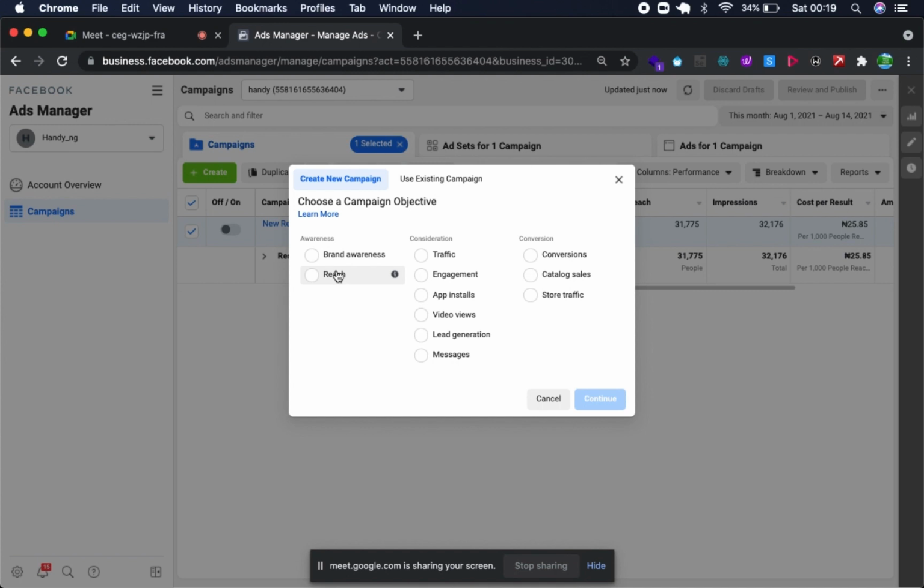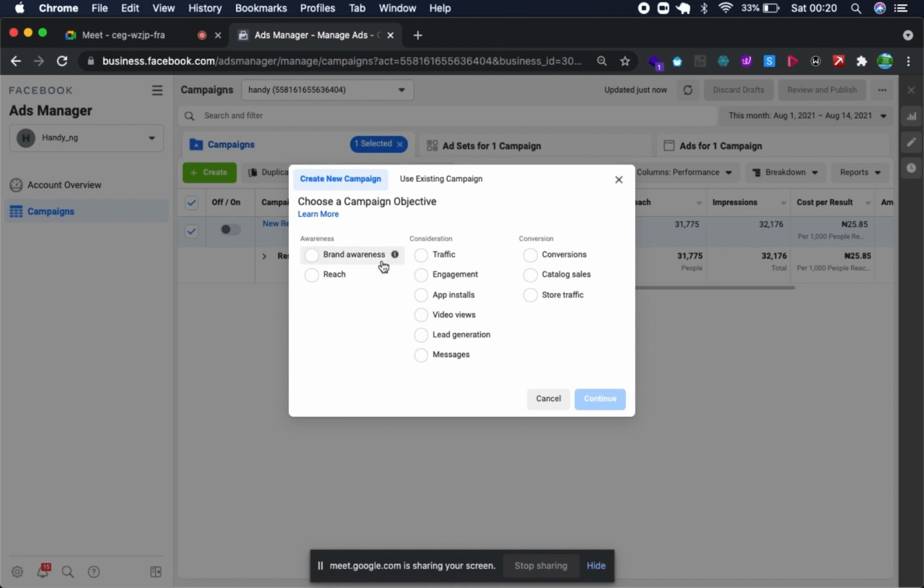We discussed everything here in our first class. We just mentioned that there are different types of ads for different purposes. Let's go quickly over it. So Reach is the cheapest of them all. It's under the awareness tab. What Reach is saying is to reach as many people as possible for the cheapest amount possible.